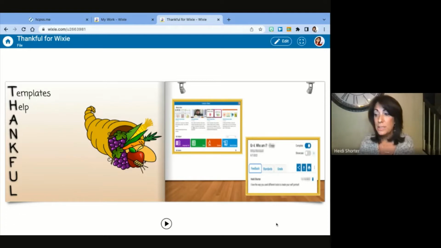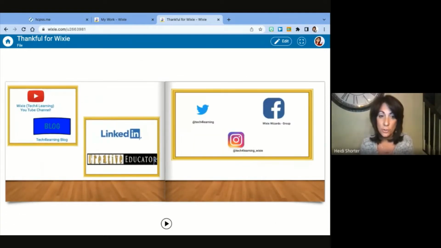So not only in Wixie are they so helpful, but Tech4Learning is also very active in so many of our digital platforms. So the YouTube channel, if you've ever seen some of the past webinars or videos that they've created about ease of use of Wixie, they're active on LinkedIn. Creative Educator is such an amazing asset that gives you so many different ideas. There's a couple ideas that I'm going to share in a little bit that I got from Creative Educator.